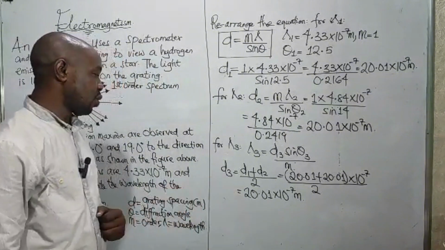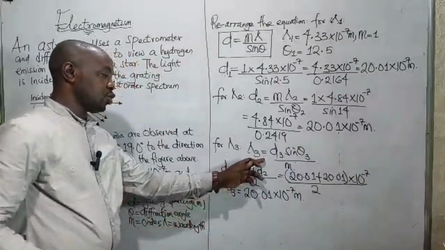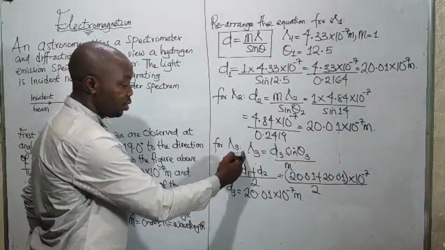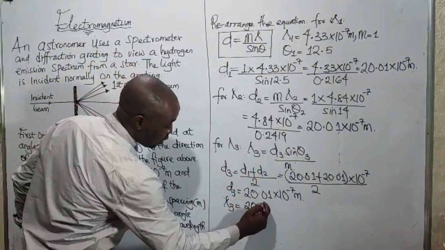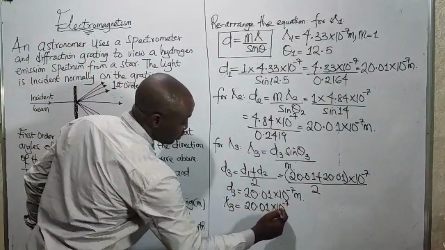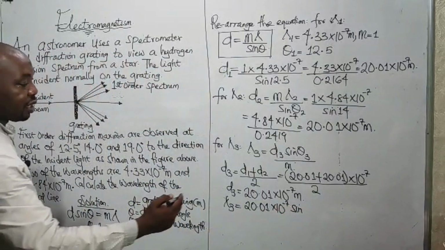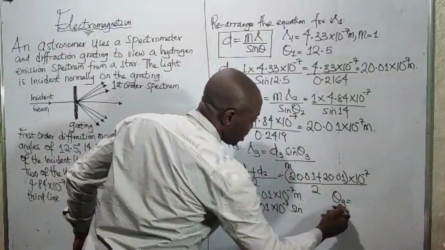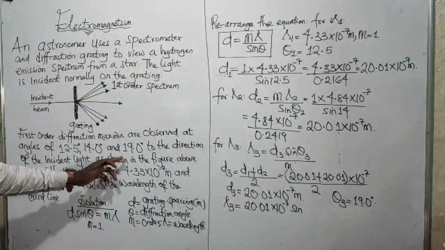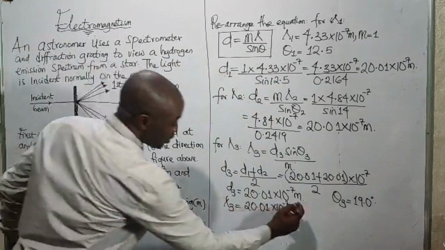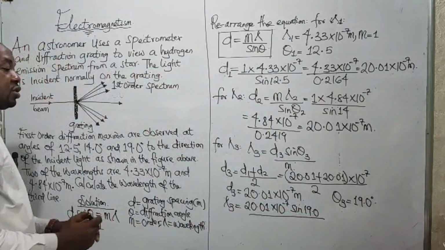spacing grating. All right, so we're going to plug in the value of D3 into this equation so that we can obtain the value for the wavelength of the third line. So this value, 20.01 multiplied by 10 raised to the power of minus 7, then sine of the third angle. Remember, the third grating angle is 19.0 degrees. So we are multiplying this by sine 19.0 degrees, which will now divide by